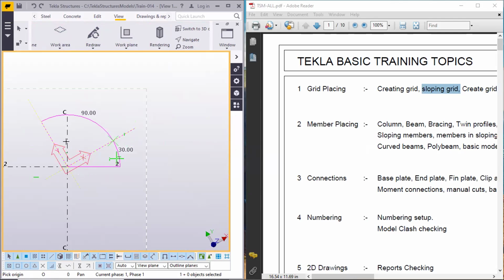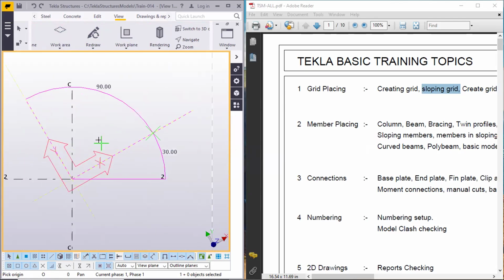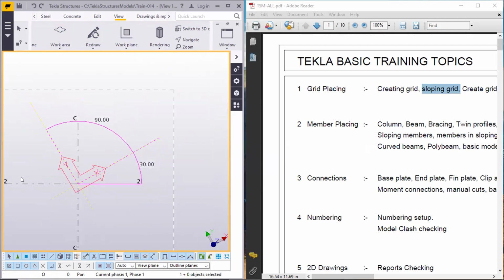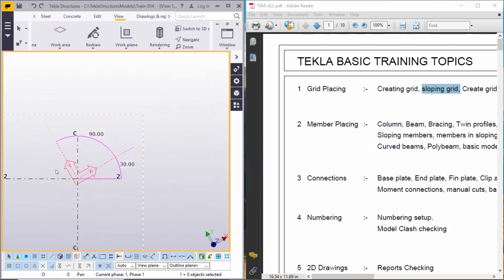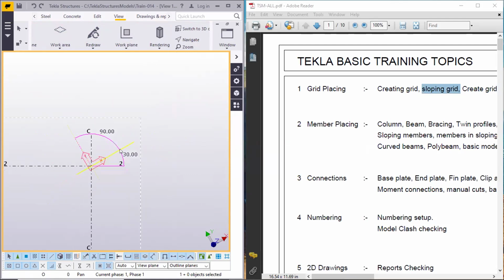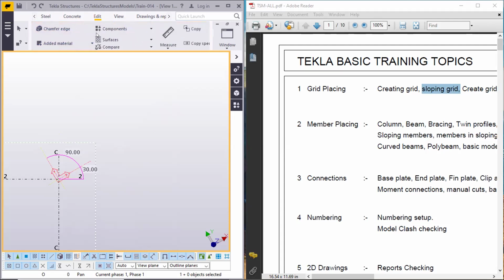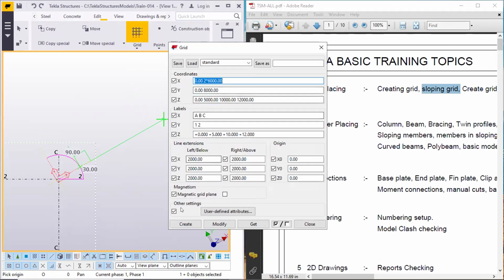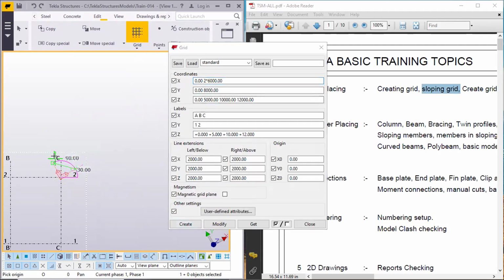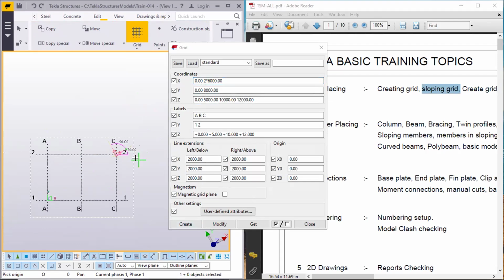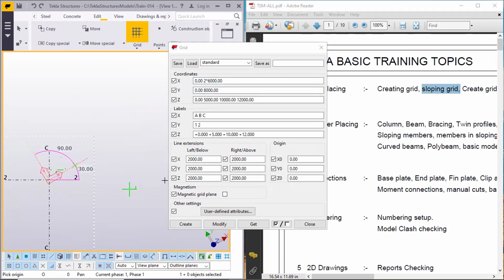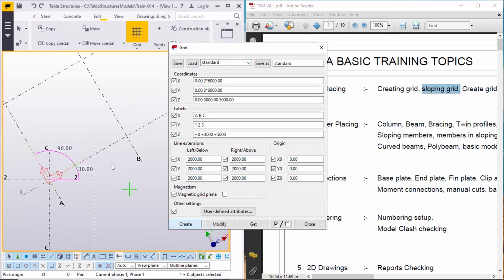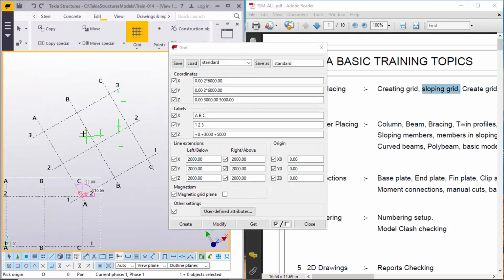Okay, did you understand this? Yes. So I got the work plane set like this at 30 degrees. Okay. Now I will go to edit, then go to grid, create grid, and simply click on create. I just want to add the same grid which is there here. Or if you want to load any standard grid, I'll just load that grid and then create. Say create. Then see the grid is created